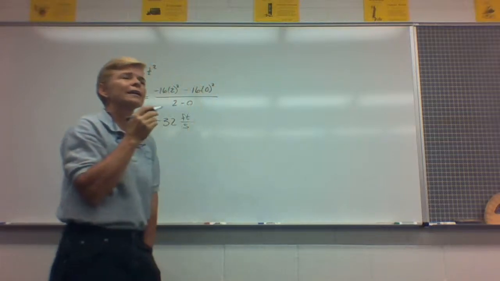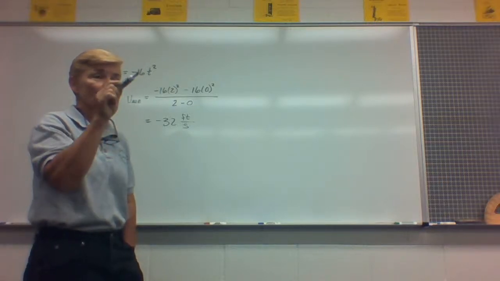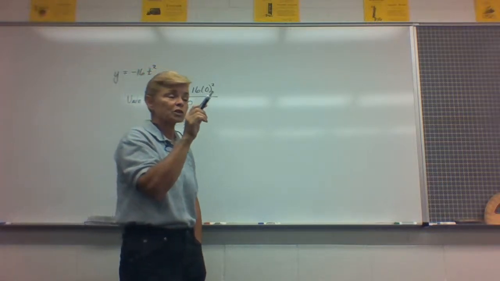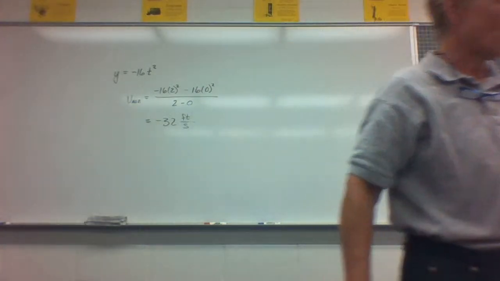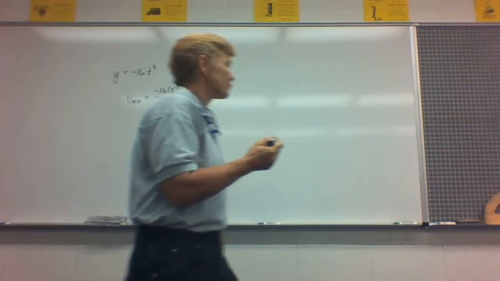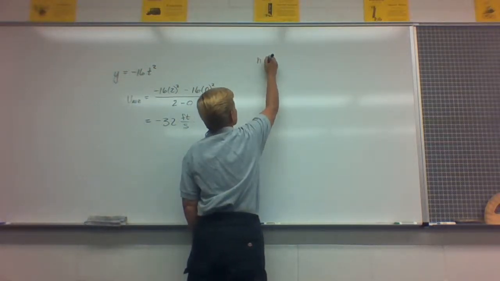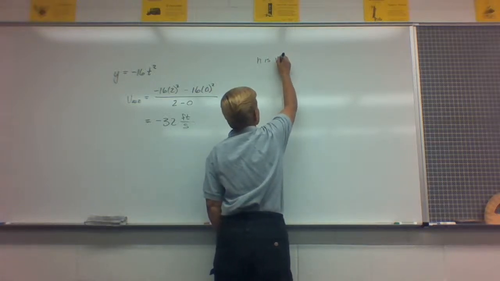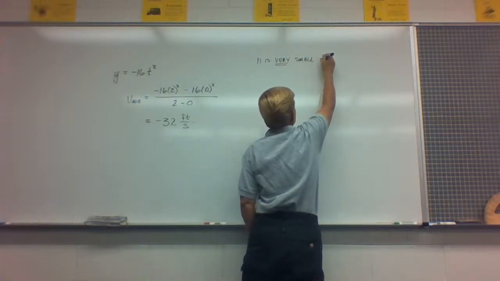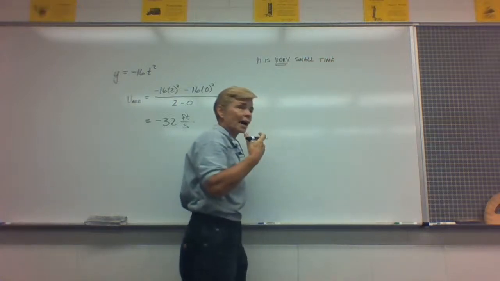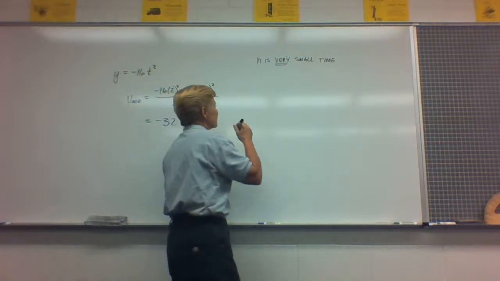So remember, we're trying to find instantaneous speed at exactly 2 seconds. We know it's 64, so we know what to expect, but we haven't found a way to figure it out. I'm not ready to turn the page yet. If I let h be a very, very small time, but it is some time, some time that has elapsed, a little bit, but really, really tiny, then couldn't I find